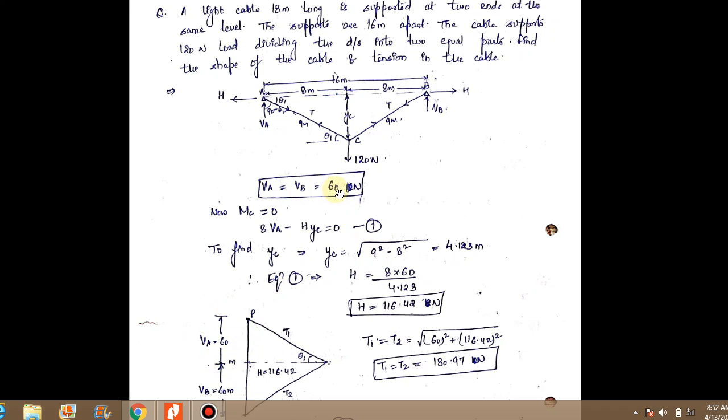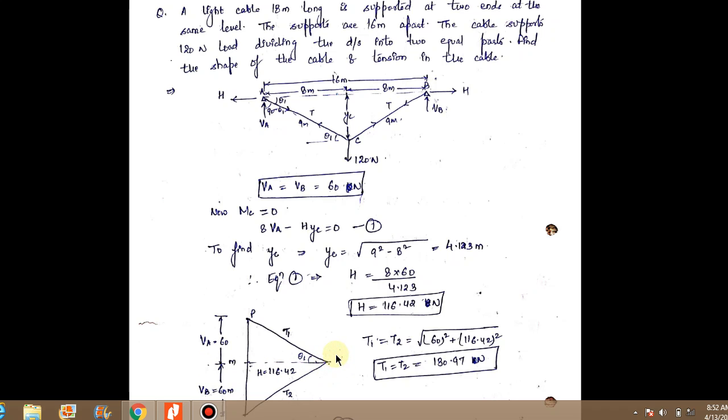सबसे पहले हम ले लेंगे VA. So VA कितना है आपका 60 किलो न्यूटन है. So हमने यहाँ पे ले लिया 60 किलो न्यूटन. तो जितना भी आपका जो भी वो बचेगा that will be your VB. So 60 किलो न्यूटन. Total load is 120 किलो न्यूटन. So total load point और ये जो VA और जो VB का M point होगा that will coincide. So यहाँ से हमने so this will be your M point. M point से we drew a horizontal line.